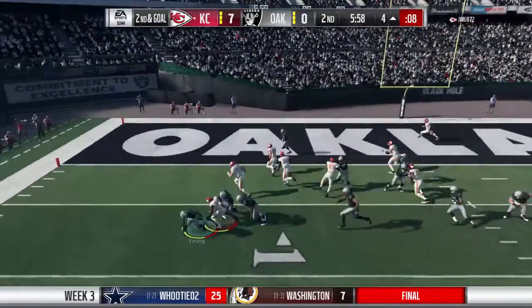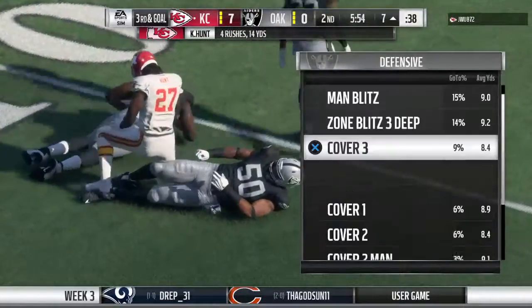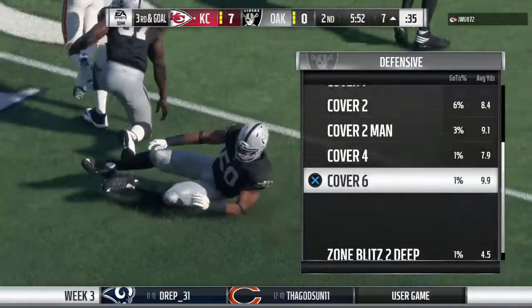They'll run. This is Hunt. And he goes backwards on this one. Losing yardage to the 7. It's a loss of 2. Now third